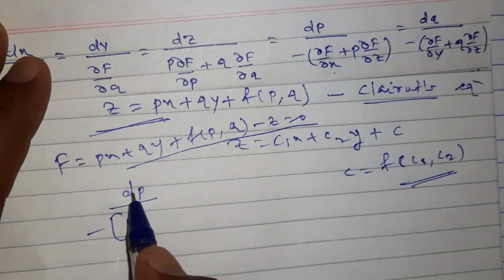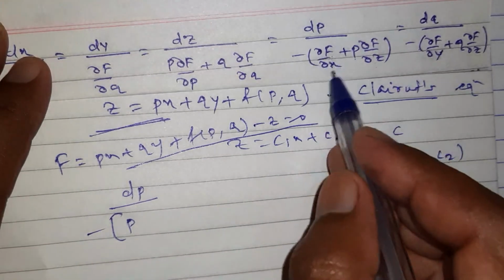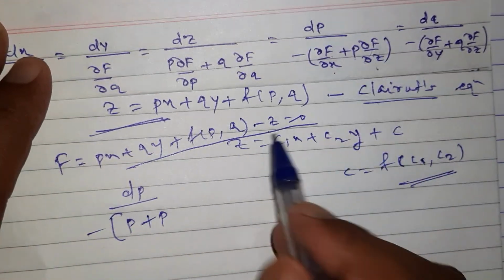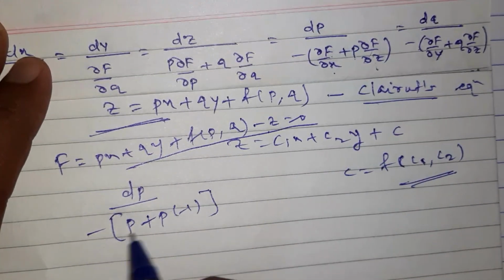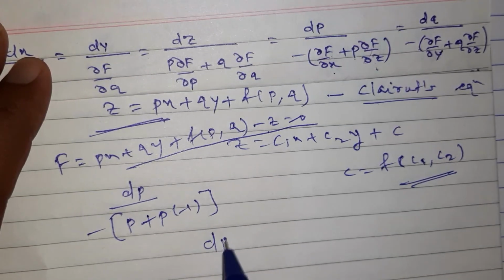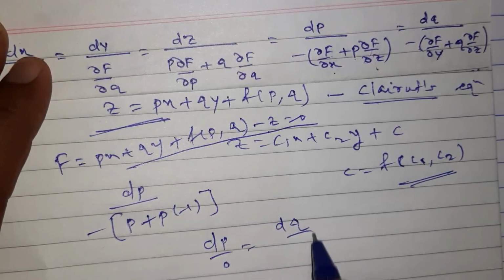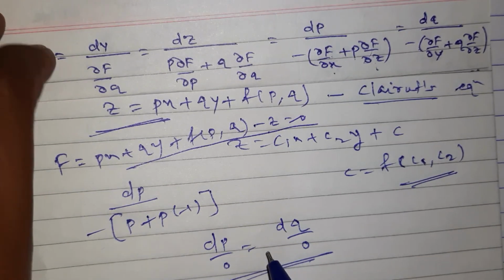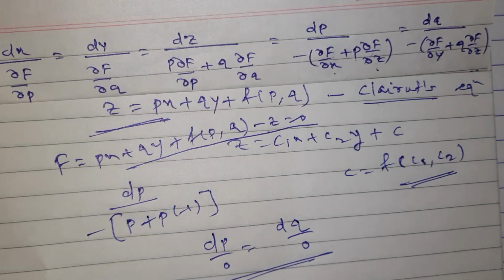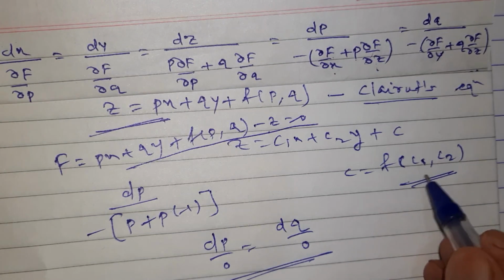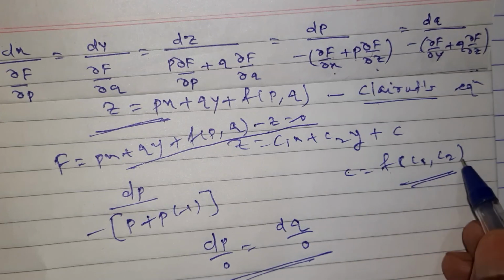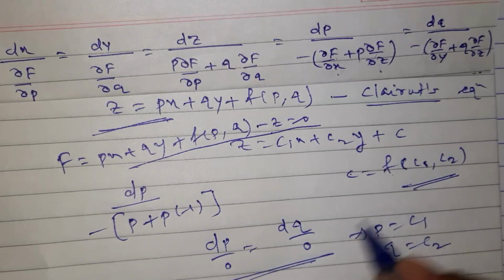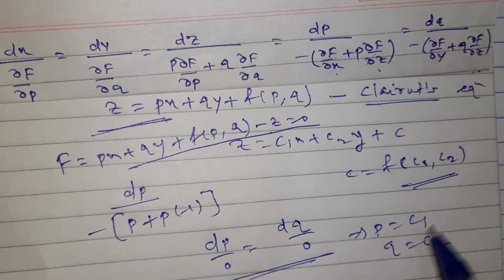Now tell me the derivative. dp upon ∂f/∂x plus p ∂f/∂z. It is p plus p into, what is ∂f/∂z? Minus 1. So I get here p minus p, 0. So I get dp upon 0. Similarly, I can get dq upon 0. So from this, it is just our second case and you can easily solve. Get it? So in that way, we can find c in terms of c1 c2, because from this I get p equal to c1, q equal to c2, and we get f of c1 c2, that is the constant, and we get our answer.